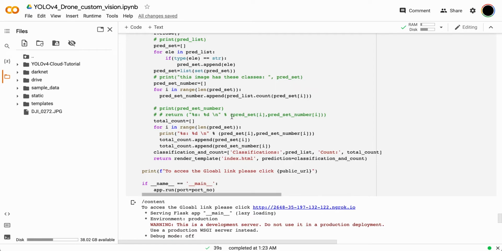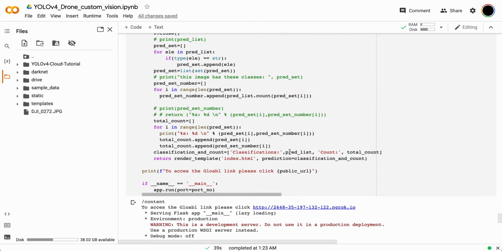I'm just counting it, and finally I put everything into a list. Pretty sure there's an easier, more pleasant way of doing this. I'm just going with the bare minimum, easiest approach, anything that works. And we return that list as the